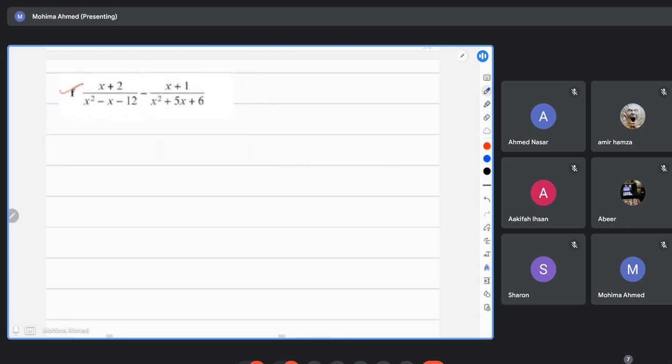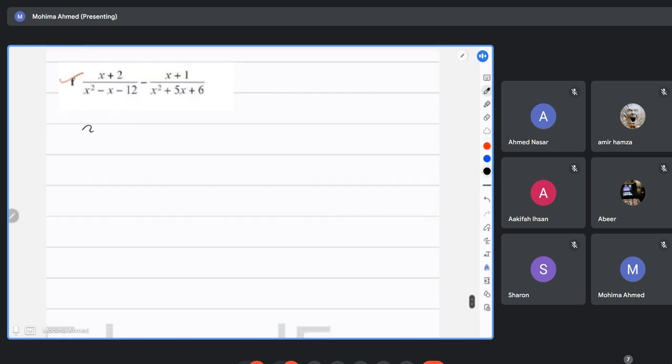Okay. Now over here, I will do the same procedure. Before I start with the LCM, I will first factorize the denominators. Okay. So for the denominator factorization, I'm going to get what? X squared, 4x, 3x, minus 12 with x plus 2. And then again, I'll just write these things inside a bracket. Okay. And then again, in the second fraction in the denominator, we can have x squared, 2x, 3x, plus 6, and x plus 1. Okay.